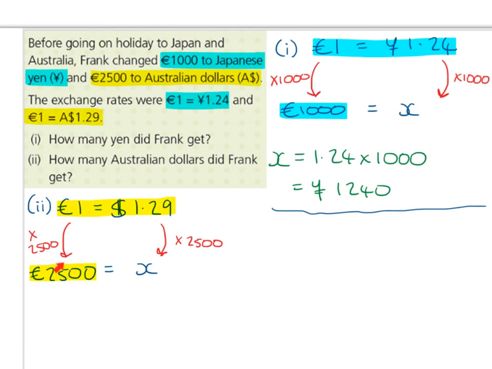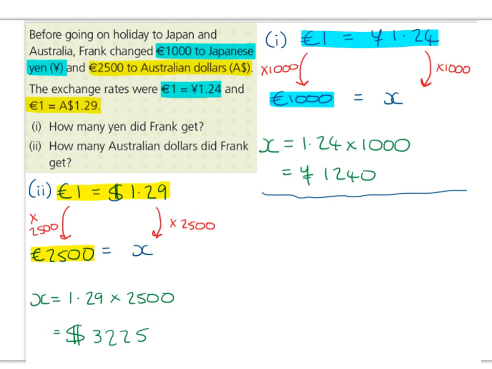To get from 1 to 2,500, and remember with currency exchange you only ever multiply or divide, you never add or subtract, we multiply by 2,500. What we do to the left, we do to the right. So we're going to say 1.29 multiplied by 2,500 will give us X. It will give us how many Australian dollars he gets. And 1.29 multiplied by 2,500 gives us